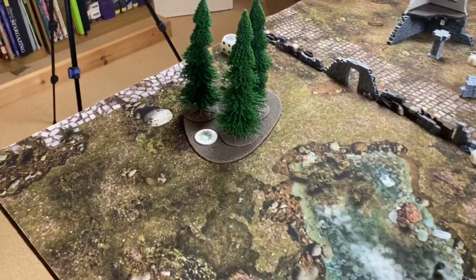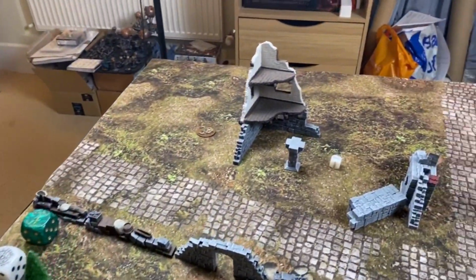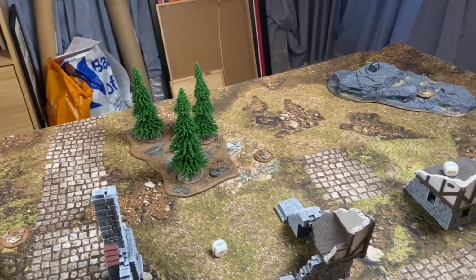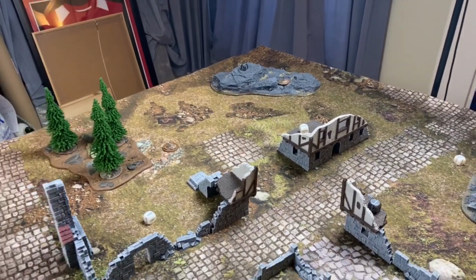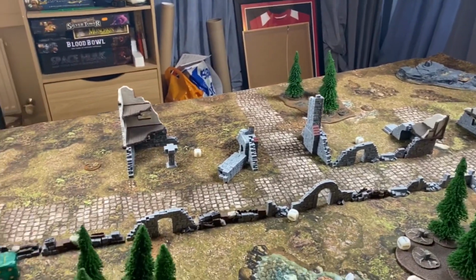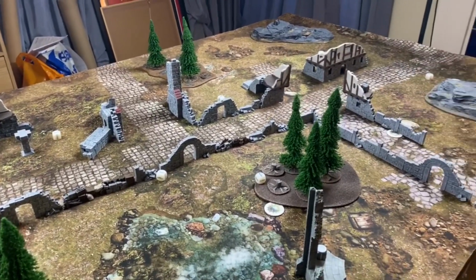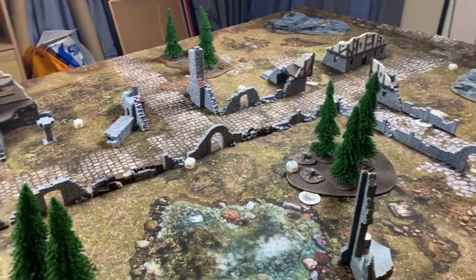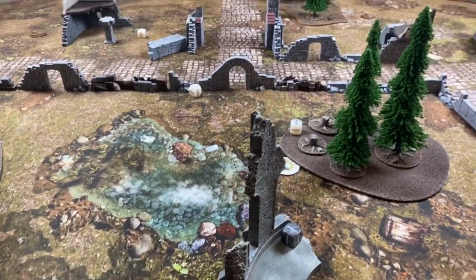You score points each turn for holding objectives, and from turn 2 onwards, you can burn your opponent's objectives if you take control of it, and if your opponent doesn't have a hero within 6 inches. That's a change from the 2020 General's Handbook. If you do burn it, you get D3 additional victory points, and you get +1 if you have a hero within range. So looking at the table, we've got a Deadly Wood, we've got a Healing Ruin, we've got a